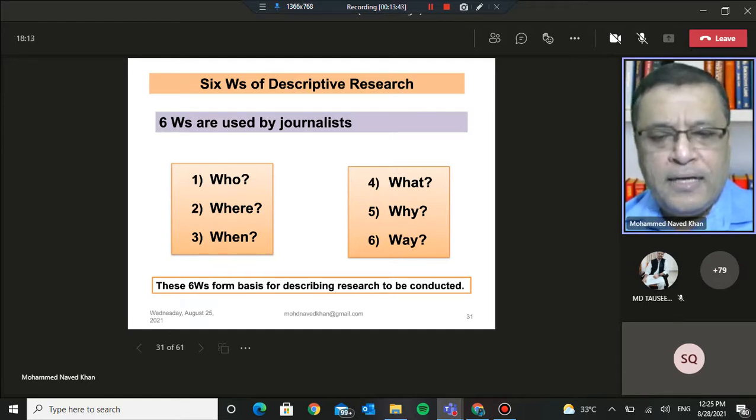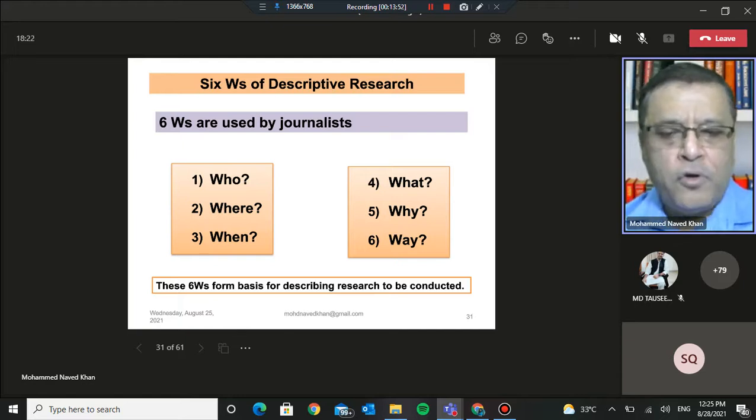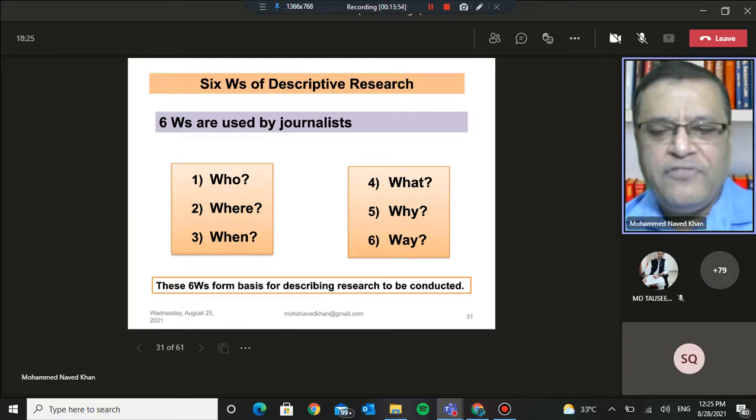So the other point is why we are obtaining that information. We should be clear about this. We have to be clear about how we will be using that information once we generate it from the respondents. And we should also be clear of the manner in which we'll be obtaining information.